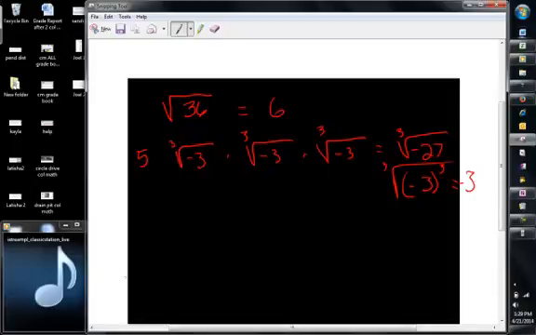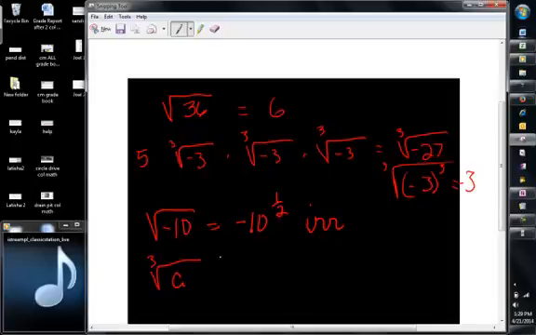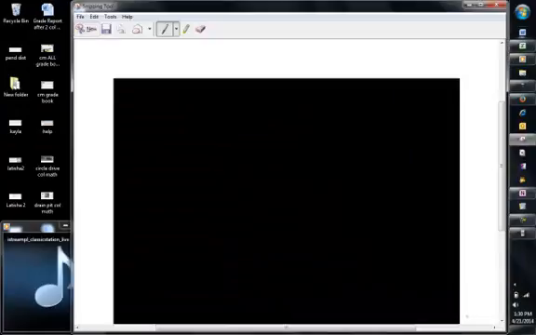Number 18, the square root of negative 10 is negative 10 to the 1/2. Now we know that's irrational, but they didn't ask us what it was. They just said rewrite it. Number 23, the cube root of a squared, so the denominator is 3 and the numerator is 2. Number 31,